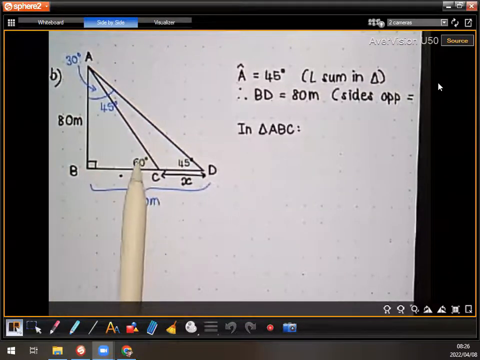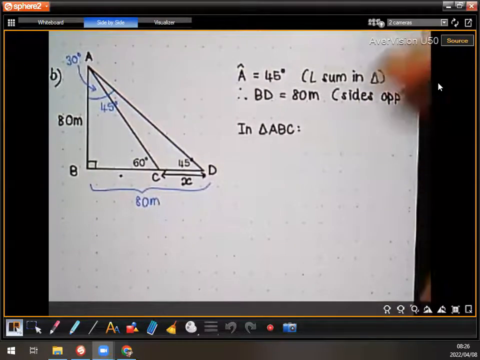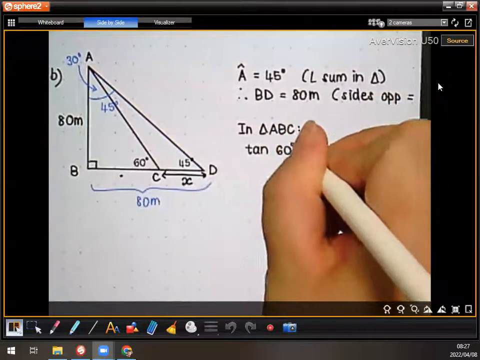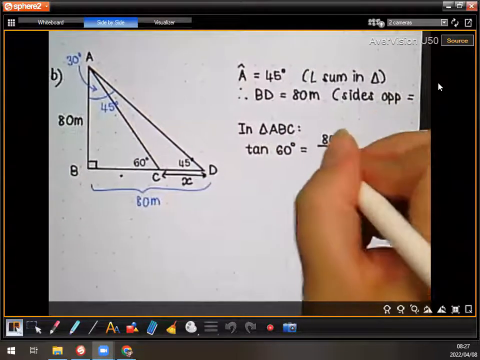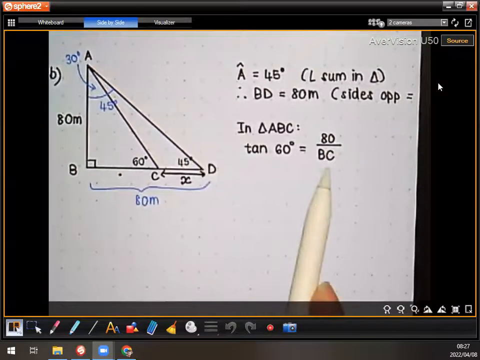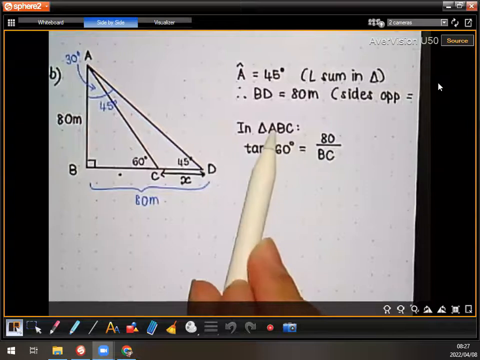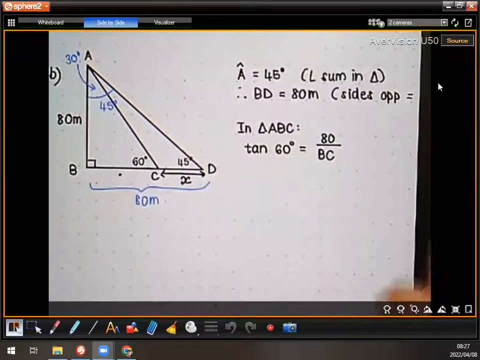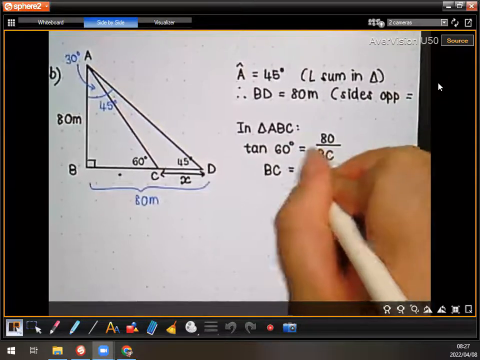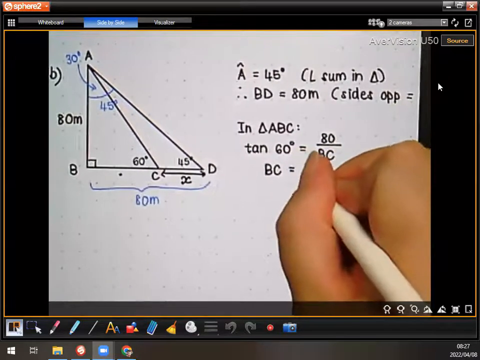Which side are we wanting to find? The adjacent, right? BC is adjacent. So which trig ratio works with opposite and adjacent? Tan. So we're going to say tan of 60 is equal to 80 over BC. Right, so to get BC, the subject, we put the BC on that side, and the tan 60 we're going to bring across. Okay, so we're going to have that BC is 80 over tan of 60,